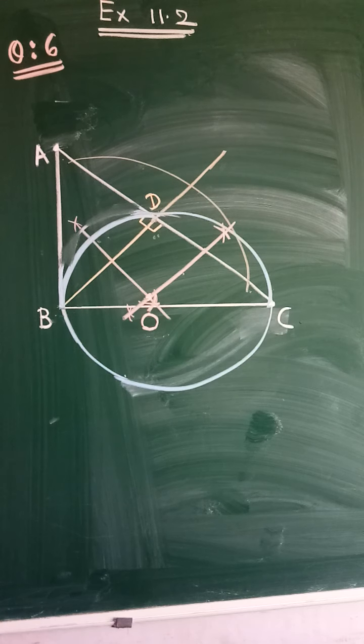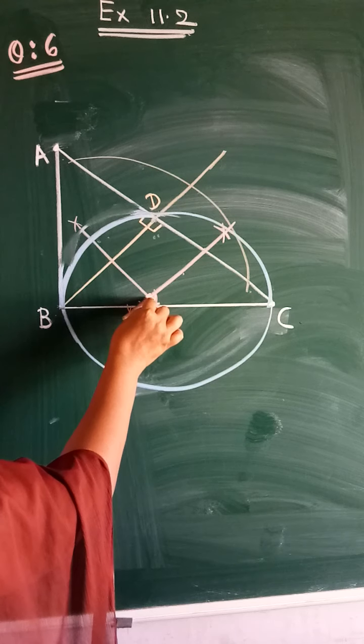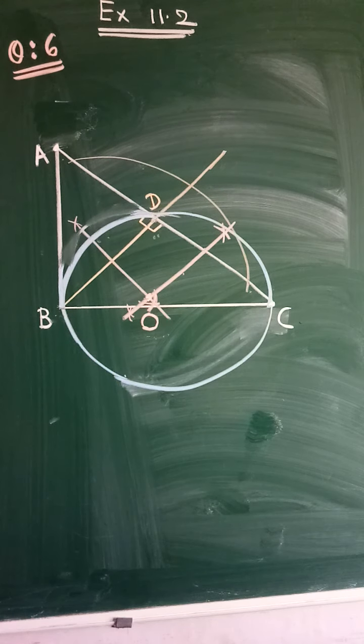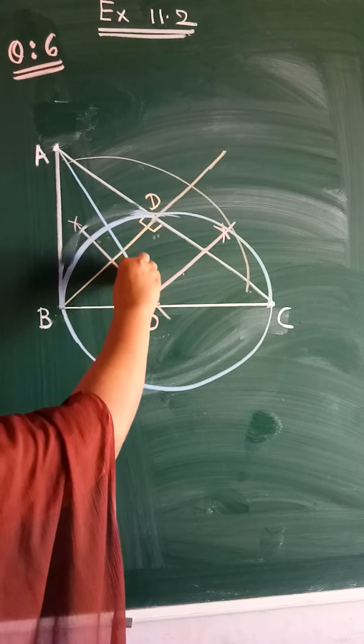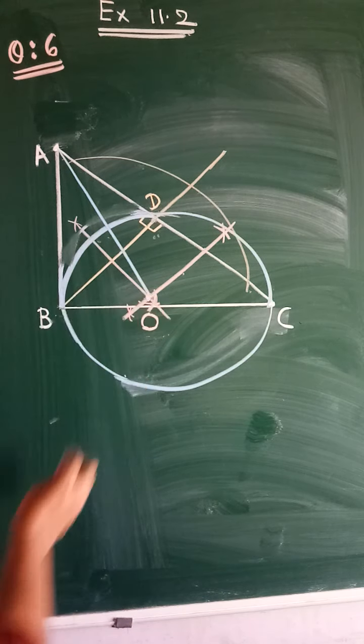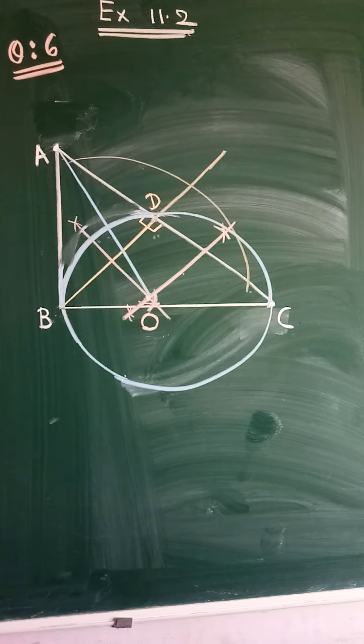Now read your question ahead. Construct the tangents from A to the circle. Now we want to draw tangents to this circle which we have drawn right now from point A. Now O is the center of this circle and we want to draw tangents from point A. So now you will join AO. So joining this, join this A with O. This figure is a little bit complicated, but we have to draw. Now you will get so many arcs in this, so be careful when you are drawing.